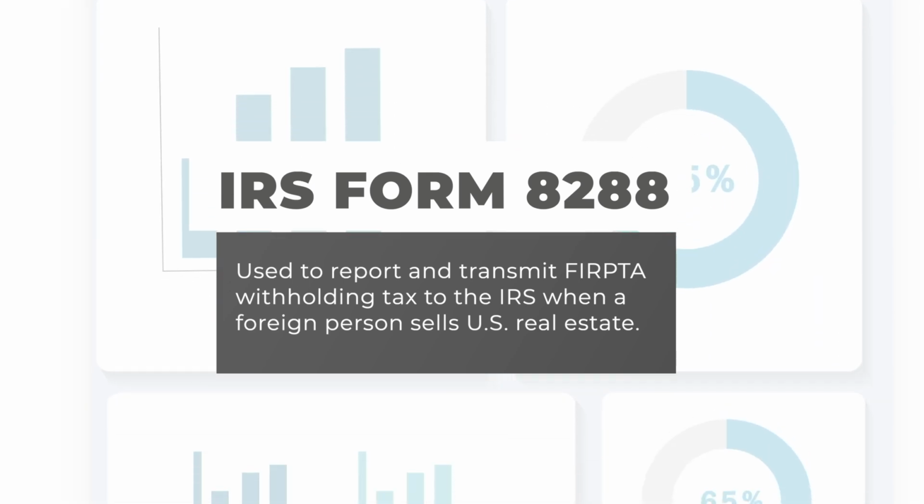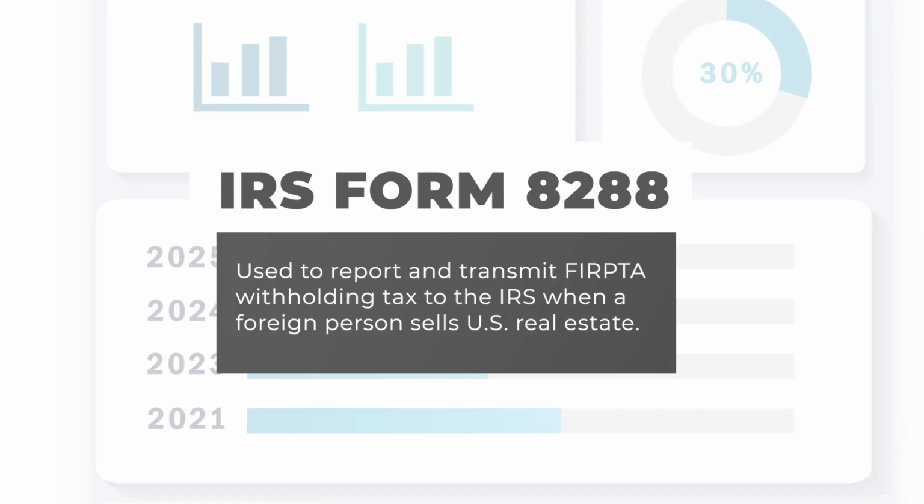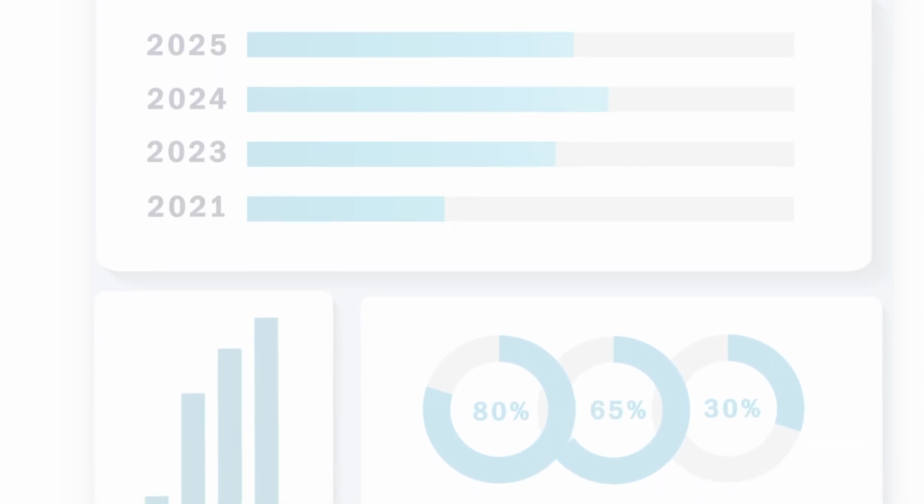The buyer is showing as the withholding agent. And it'll be the buyer's name and address, social security number, the property address, what the sales price is, when escrow closed, and how many foreign sellers there are. But what's interesting on this 8288, the seller doesn't show up anywhere on the form, nowhere. And so that's why it's totally a buyer's form.